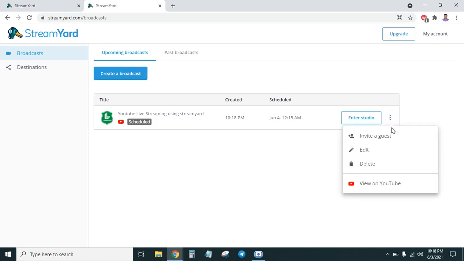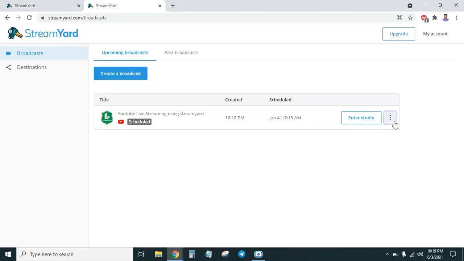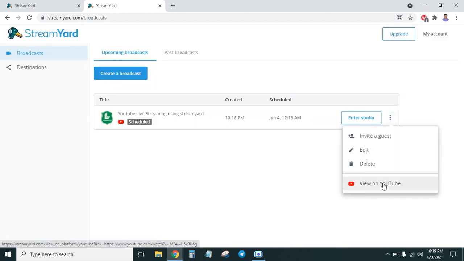There is a limitation: only 6 people can enter into the main screen. So we need to give a separate URL for guests and a separate URL for users. From this option you can get the administrator link, or you have to share this link with the resource person and other dignitaries. Then you have to share this other link for participants.